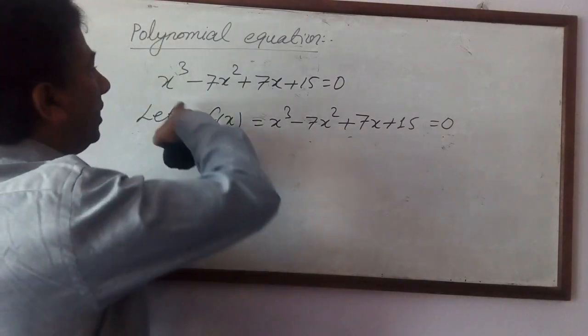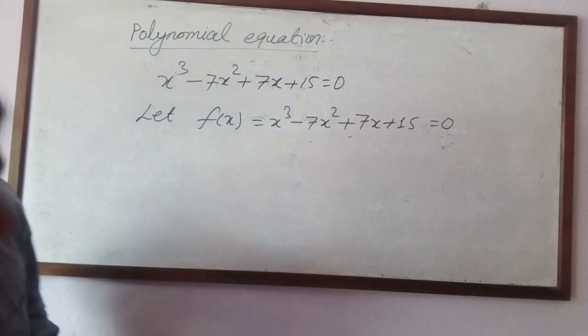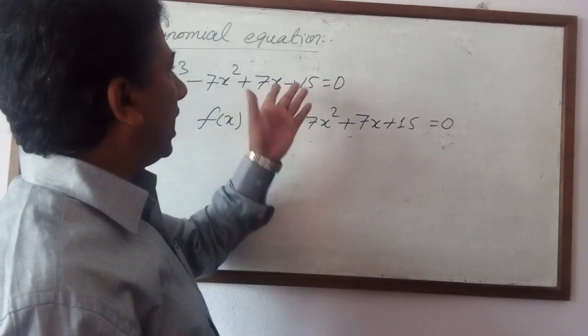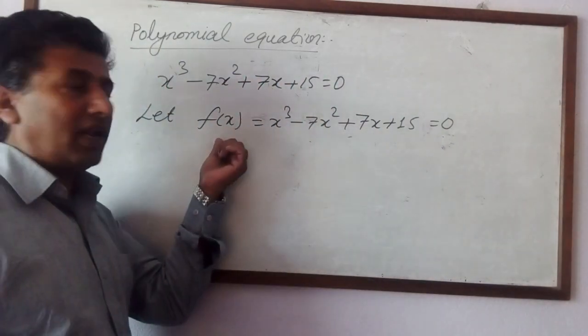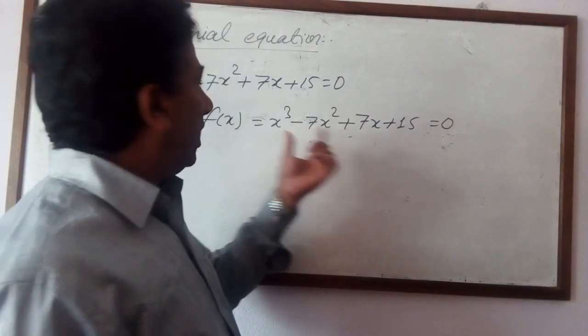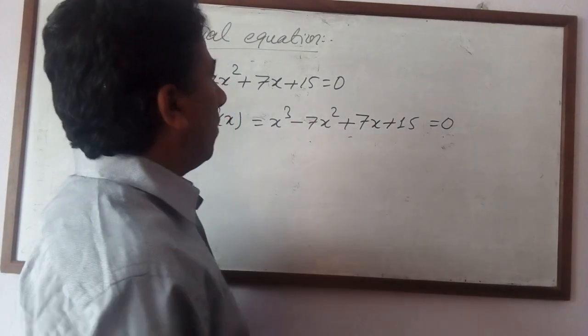Now there is a given equation. In some questions you will find f(x) equals this equals 0. If f(x) is not given, then we have to write it from our side. Let f(x) equal this, and this one is the image. Now here